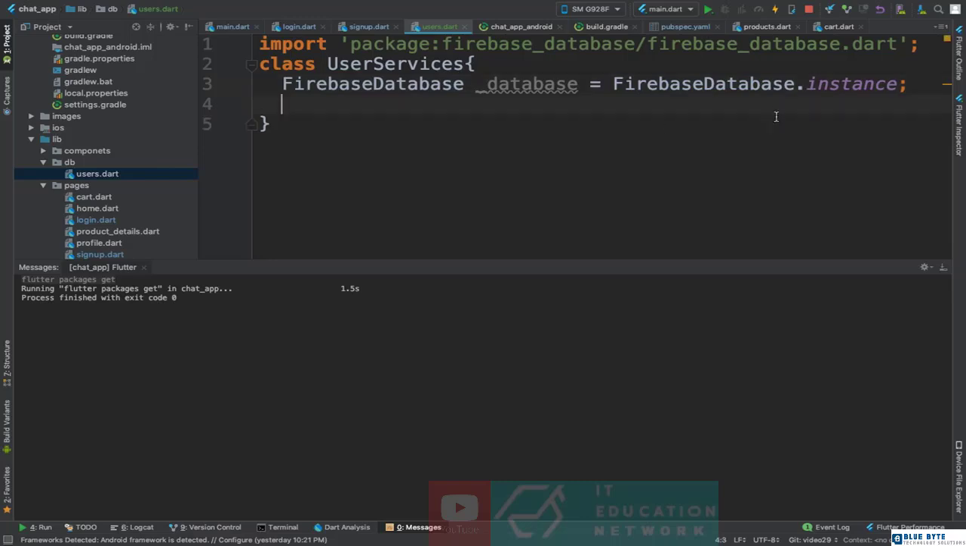Okay, done. And what else do we want? We want a string, which is going to be our reference, and that string will be equal to users. Done. Now we need a method, create user,